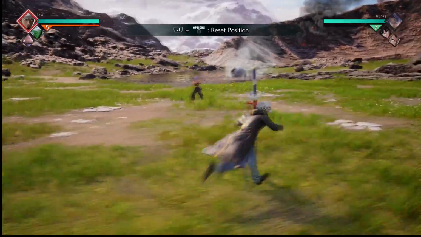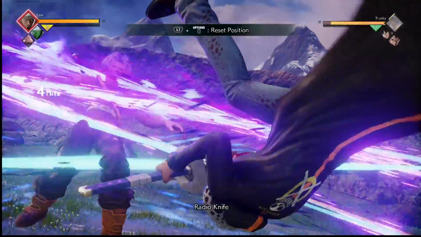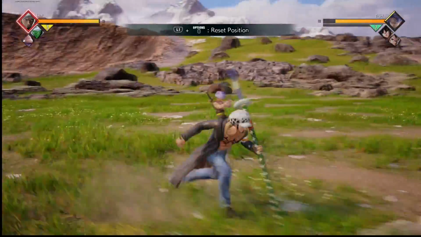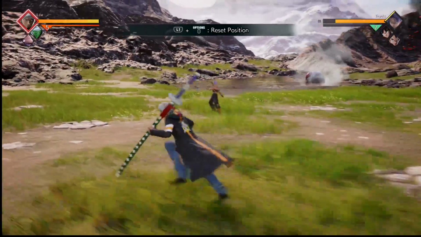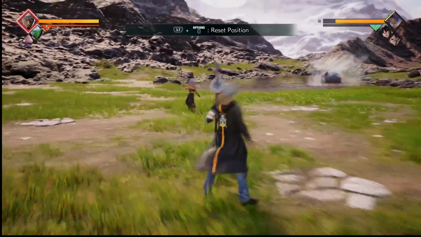Basic things about Radio Knife, it is a guard break, so if the opponent is guarding, it will go right through them, and it's similar to Grimmjow's little stomp effect when he jumps in the air and comes down on you. This can whiff sometimes, so if the enemy sidesteps and let's say they call an assist and the assist